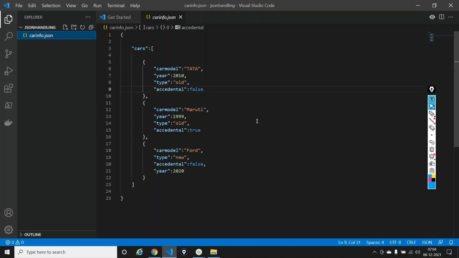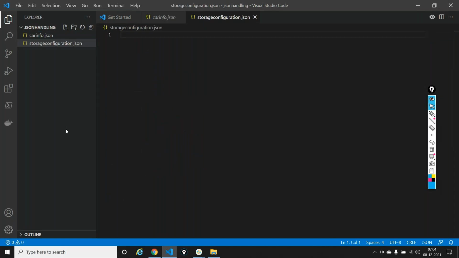So very importantly, then how do I save my infrastructure? How do I basically save my infrastructure in JSON? So what I'll do is I'll again basically write a file. Now instead of car info.json, I'll say storage configuration.json. So very simple JSON file again. I'm saying it's a .json extension,